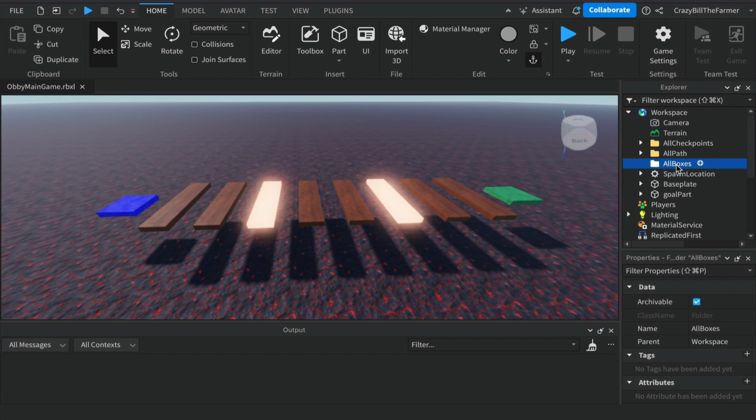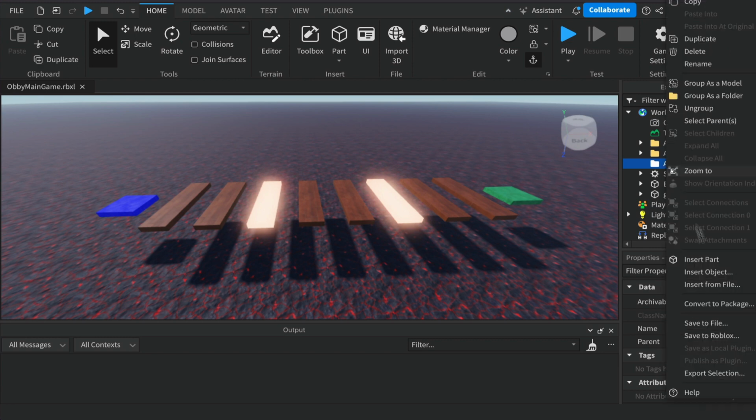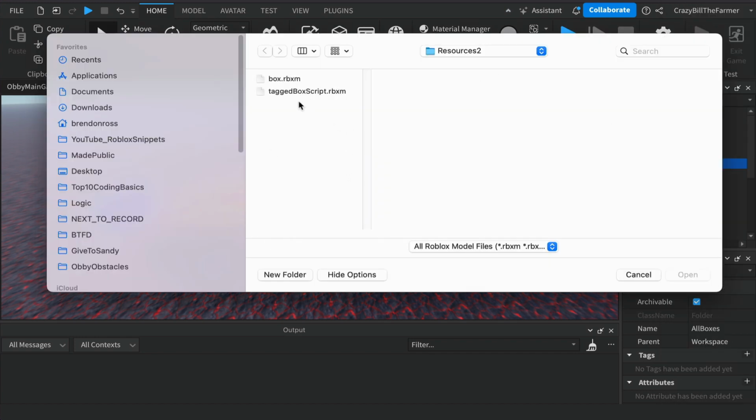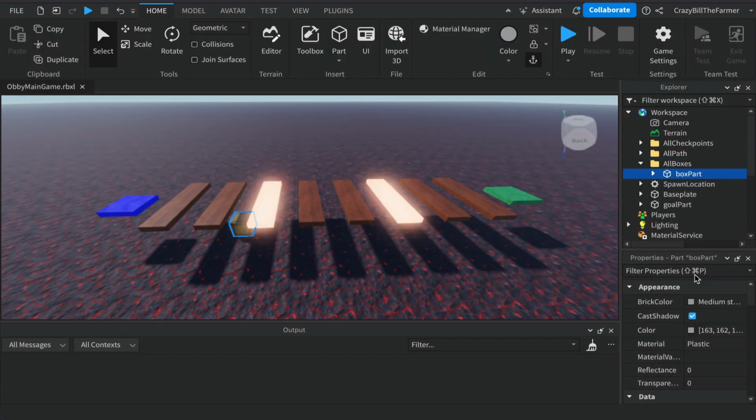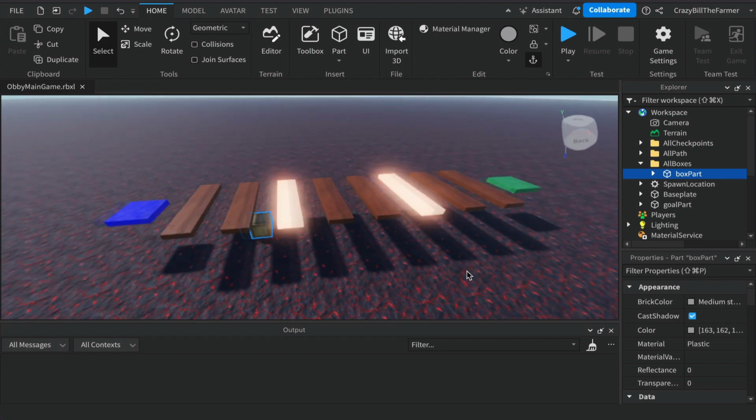And once you've got this folder, you can right click on it and come down to Insert from File, and then locate on your computer where the box was, left click on it and click on Open, and that should insert the box. Now in the previous project, if you weren't near the center of the base plate, it may have inserted it somewhere else because it's got its old position,